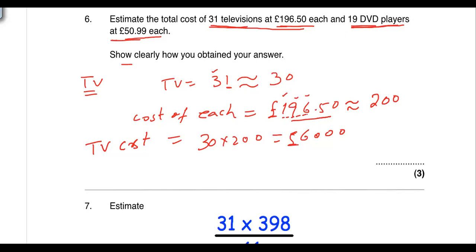Okay, coming to the DVD. I will come to the DVD now. How many DVDs are there? There are 19 DVDs. So I have to round it to one significant figure. This is the first significant figure, so I need to leave the other. But before leaving, it is 9, so it will add 1. It will become 2. And the remaining digits of the whole part will become 0.